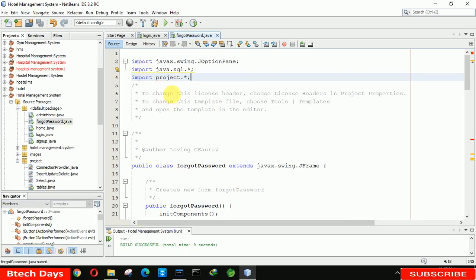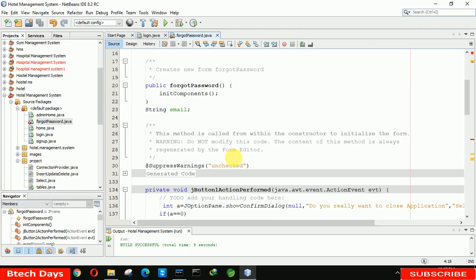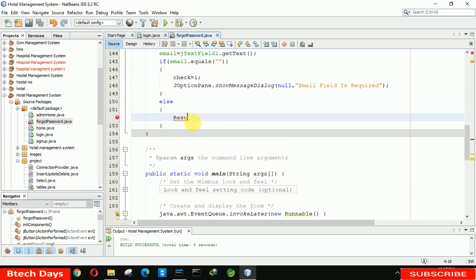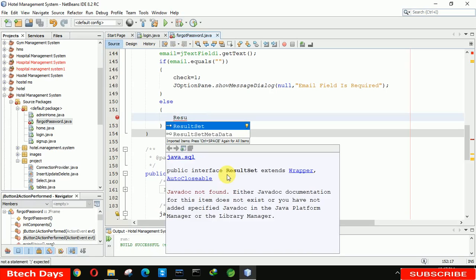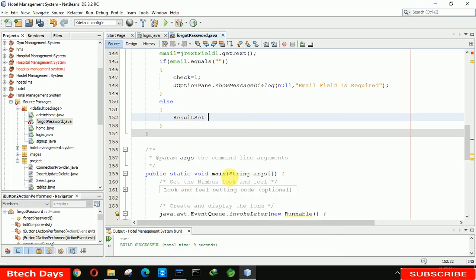So that we can import both, like we want here select as well as insert, update and delete part. So that's why we are calling both. Okay, after that we will again move here and let's press control and spacebar. You can see we are getting the option result set. Just press enter here. After that we have to write rs equals to, and here we just need to call